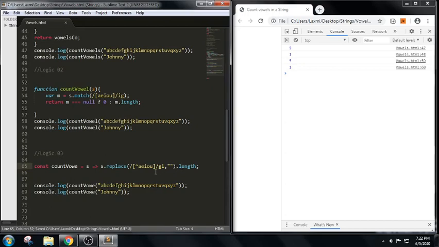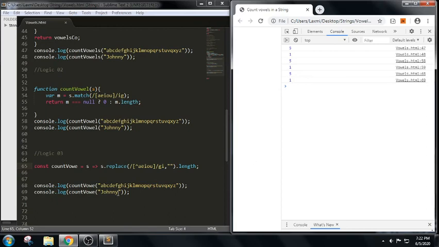So here if you can see, the first parameter is AEIOU and the next parameter is the replacement with the empty string. So it will calculate the length of the characters which are left. For example, J will be replaced with empty space, O will not be replaced, H, N and Y. Here we have count only, that is value only 1, so it will return 1 here. So this is how we have done with the replace. So let us see whether we will get this.